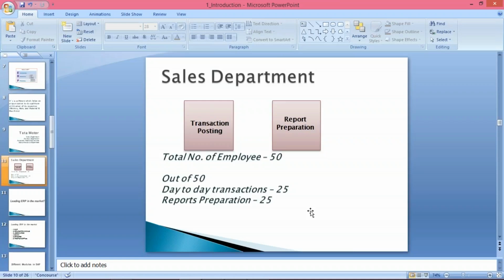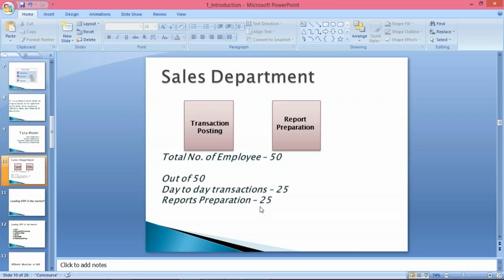So now look at the differences. Earlier, the sales department needed 50 employees. Now the sales department will be able to manage all their transaction-related activity with only 25 people. The remaining 25 people who were involved in report preparation, Tata Motor is going to engage in a different activity.